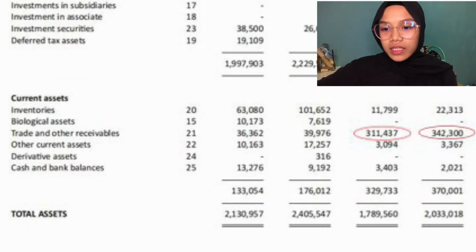Its average accounts receivable is RM329,868,000, from the beginning balance of RM342,300,000 plus its ending balance of RM311,437,000, divided by 2. After the calculation, the accounts receivable turnover for Jaya Tiasa Holding Berhad is negative